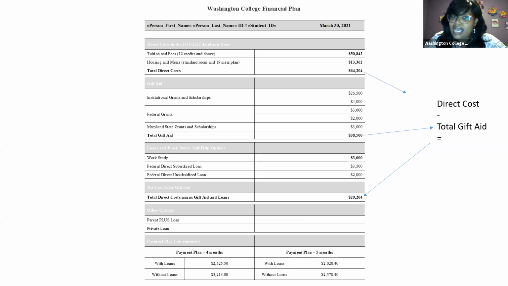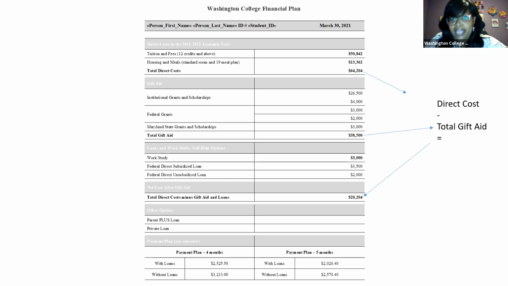And then we list out the subsidized and unsubsidized loan in the next section because it's a loan, you have to pay it back, right? So if you add up the 38.5, the 3,000, the 3,500, and 2,000, it should be 47,000 if I did my calculations right. And that will be the equal amount that's on the offer letter from the previous slide, right? So then you say, okay, so what's my out-of-pocket cost, Ms. Webster? You're saying all of this. That's your next section. Your total direct cost minus your gift aid, minus your loans. Again, we did not include a work study because you have to put in the work for it. This student out-of-pocket cost is the